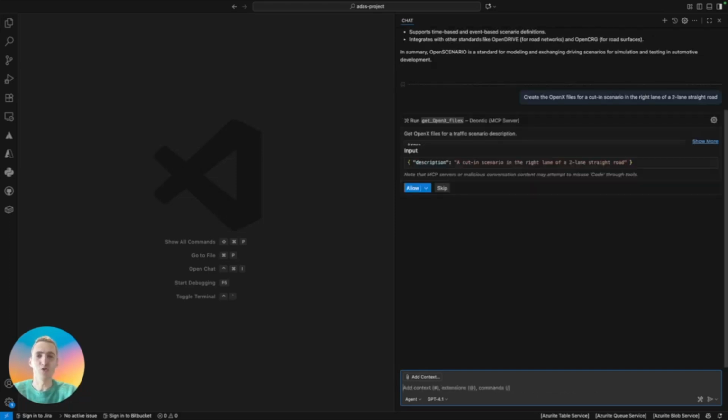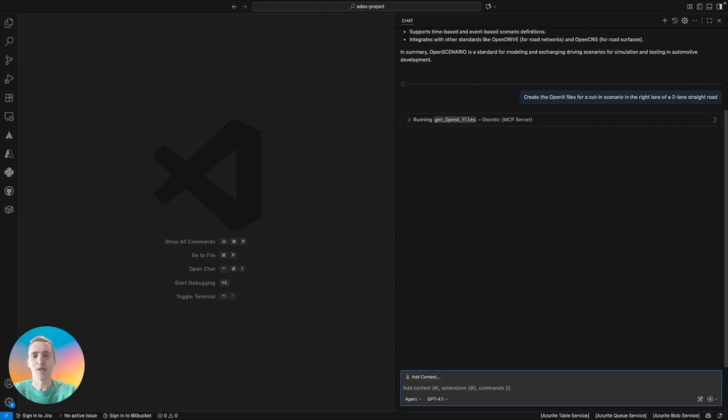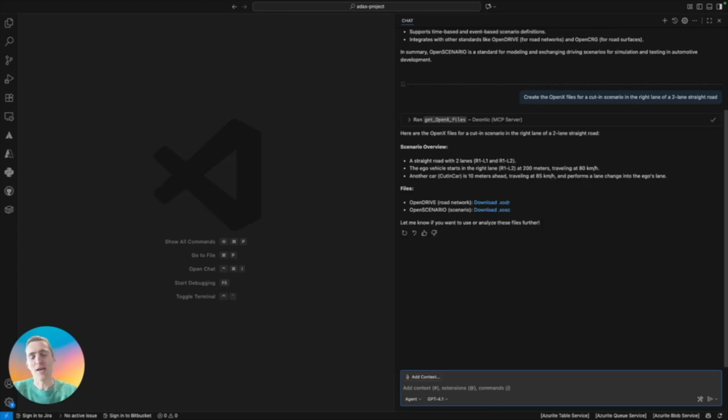It'll analyze this instruction, determine it needs Deontic's MCP server to do this, and ask me to allow this request. So when I do, it sends the correct request to the Deontic MCP server, where the OpenX files are generated and the download links are sent back. So now my AI agent gives me an overview of the scenario that has been created and a download link